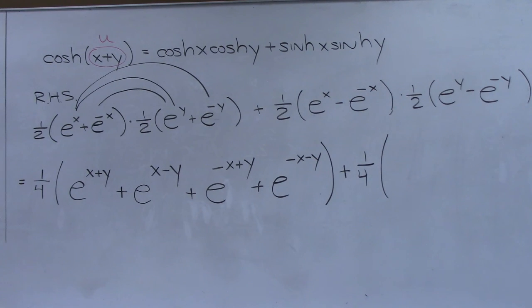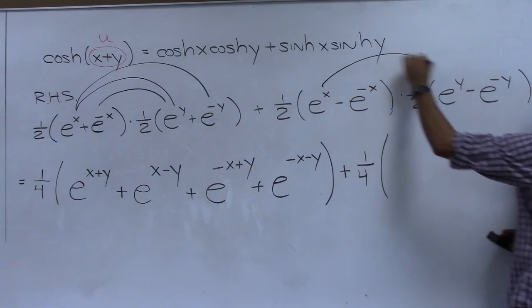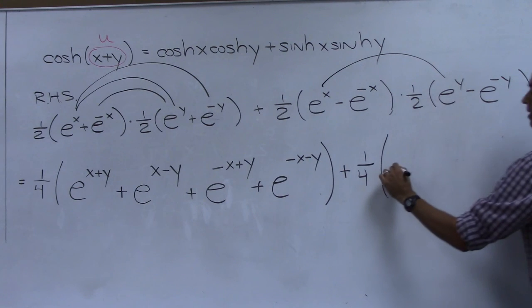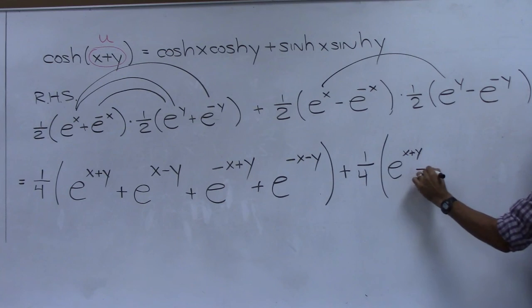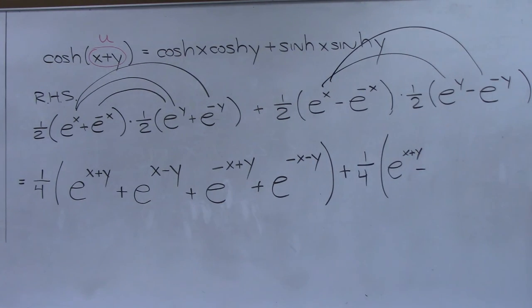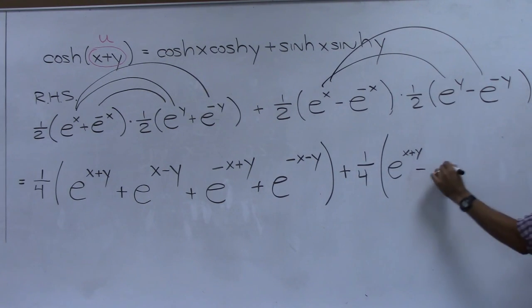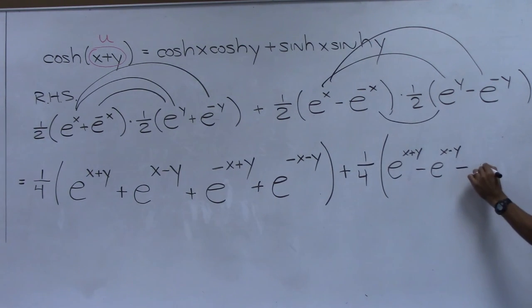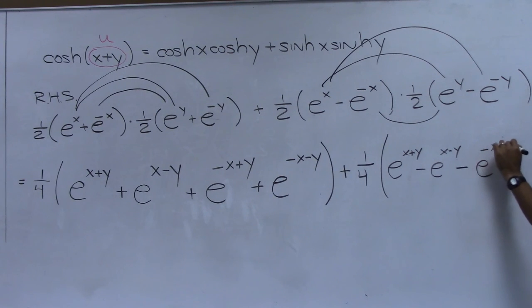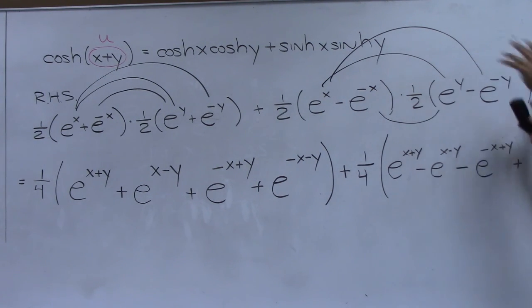All right, so what's the first thing you're going to do here? Okay. e to the x plus y, e to the x plus y, minus, good, because it's a positive times a negative, so minus. Go ahead. e to the x minus y, minus e to the minus x plus y, plus e to the minus x minus y. Good. So that's the same FOIL thing happening there, right? Everyone agree?